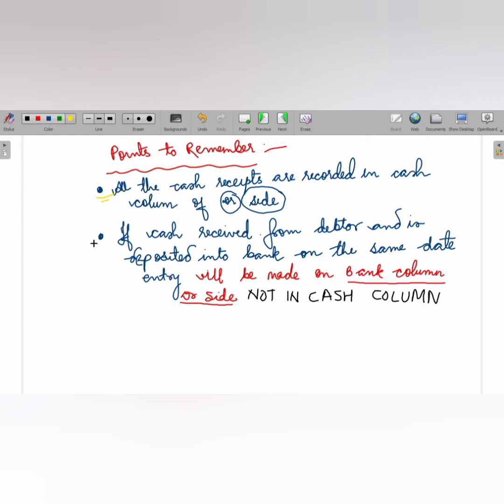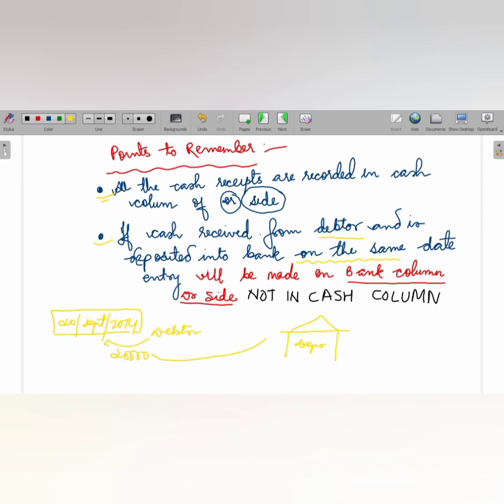So the second point is, if cash is received from debtor and is deposited into the bank on the same date, ठीक है, जैसे कि मान लो हमें डेटर से आज पैसे मिले, 20 सितंबर 2014, आज के दिन हमें डेटर से पैसे मिले, मान लीजिए 20,000। जैसे ही हमें 20,000 मिले, मैं जाके तुरंत बैंक में डिपॉजिट कर डालती हूँ, ठीक है,